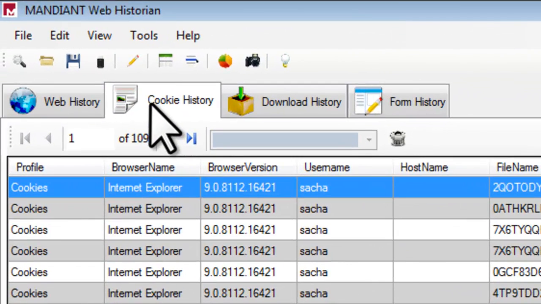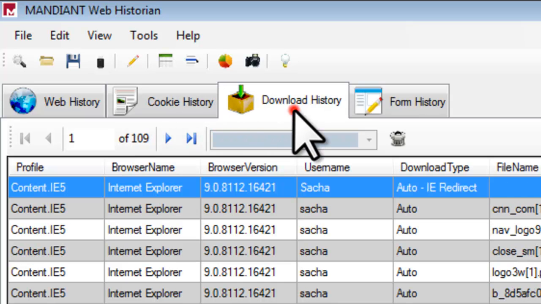The Cookies History tab contains information on website cookies, their paths, and other information. You'll find most of what you need on the Web History tab rather than on the Cookies History tab, so we won't go into that much. Let's click on the Download History tab. Here you will find entries showing the source URL of the file and the directory on your computer that it was downloaded to. There is not any right-click option here. You can browse through Internet Explorer to the target directory and then open the file manually to see what it is. Let's find an entry that we want to investigate.